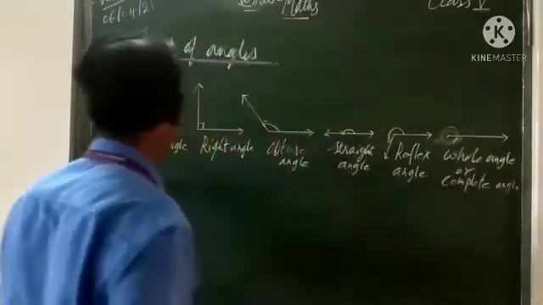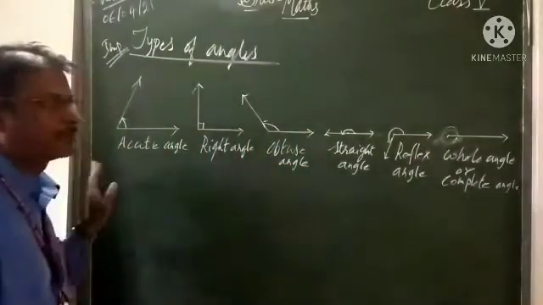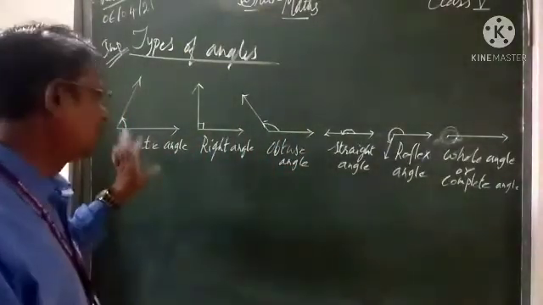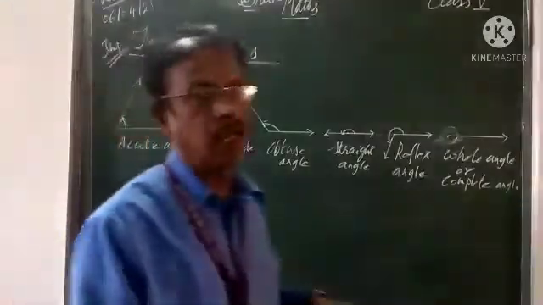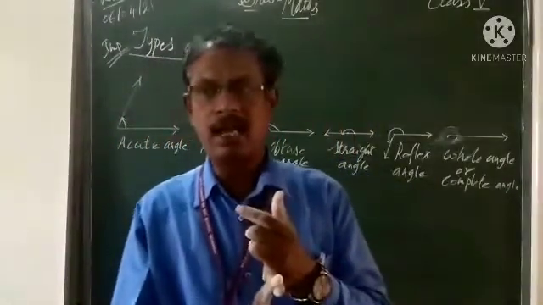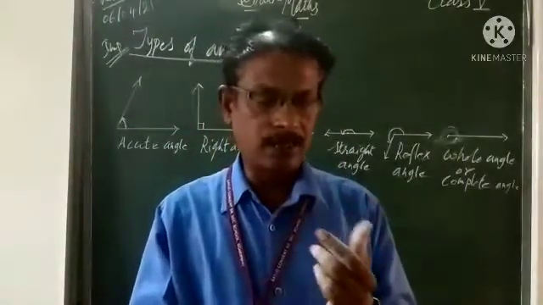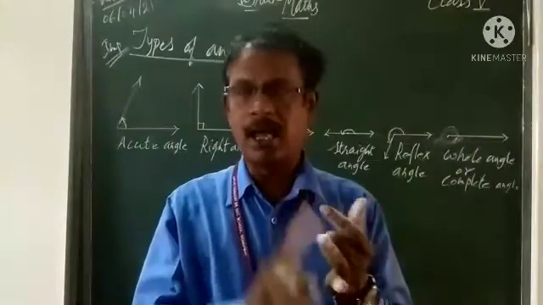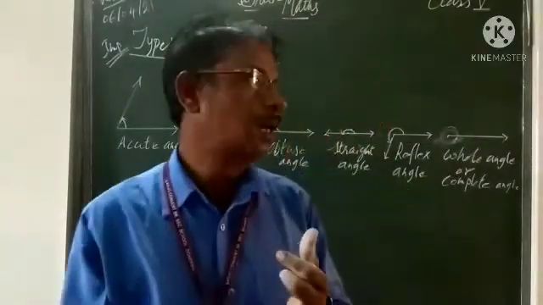So these are the main six different types of angle. You have to learn this definition. Simple definition. Acute angle means an angle whose measure is less than 90 degree, 0 to 90 degree, is called acute angle. Second one is a right angle. An angle whose measure is exactly 90 degree is called what? Right angle. Third one is